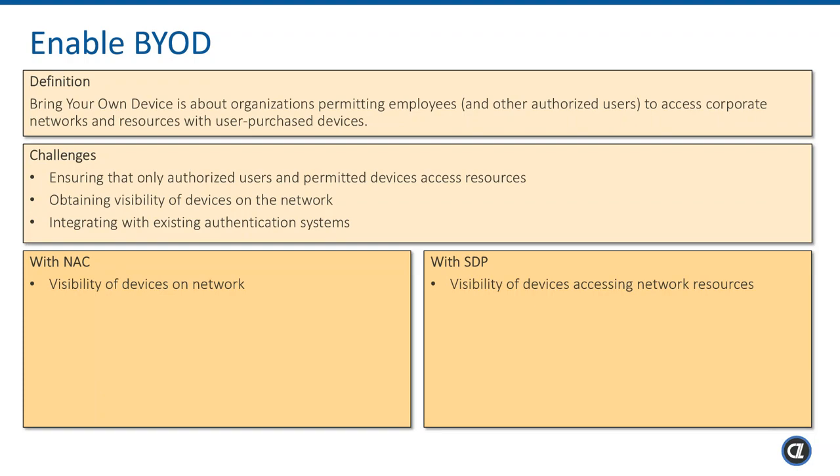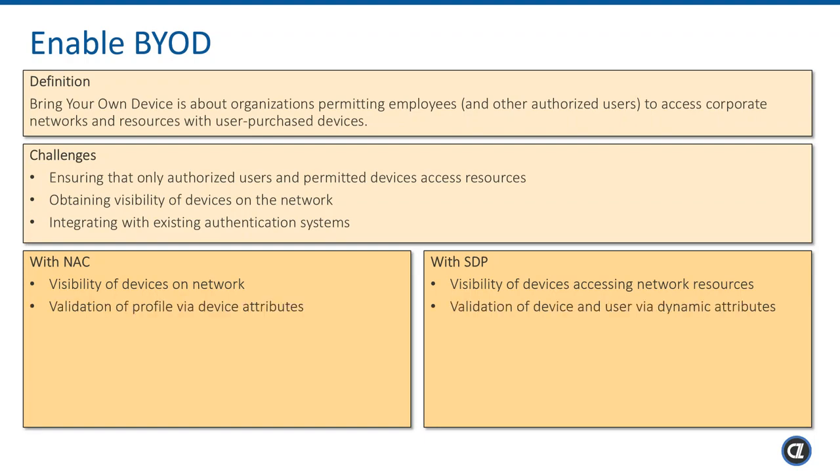Whereas the software-defined perimeter operates one layer up in the network, where once a device is on the network, it communicates with the SDP infrastructure, and only after it's validated and authenticated will it be able to get access to any resources on the network. So at the NAC layer, you get visibility of what devices are attached and have IP addresses. With the software-defined perimeter, you get visibility into the devices that are actually accessing the network resources. And unauthorized devices, while they're on the network, can't access any resources because those resources are protected by the